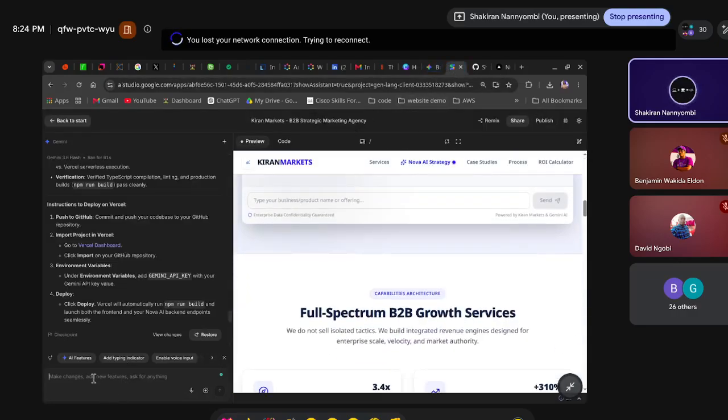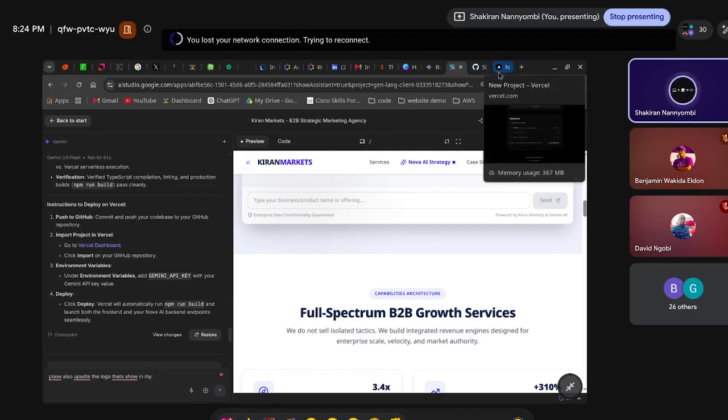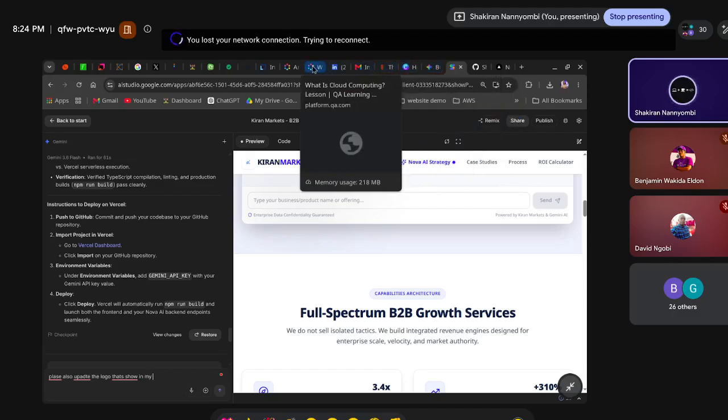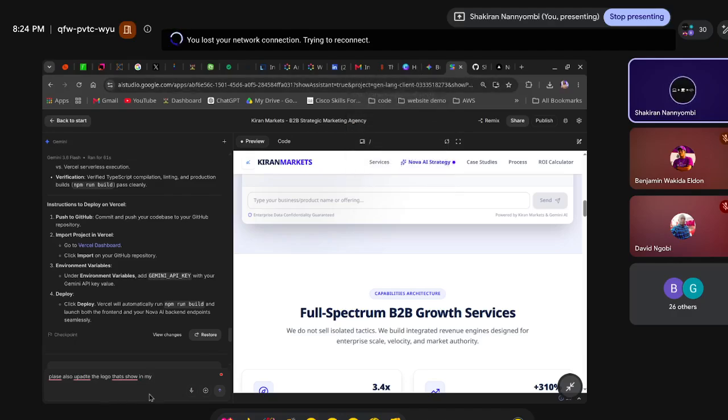So it has updated. Then let me tell it, please also update the logo that shows in my Chrome tab. Now if you're building hackathon projects, sometimes it takes up a default logo here, and that doesn't look really pretty. I see how all these sites have their own logos in Chrome. It is always a good thing to make sure your logo is showing in your Chrome tab. So I'm going to tell it, please update the logo to show in my Chrome tab too. Correct my English. So let me just send that,